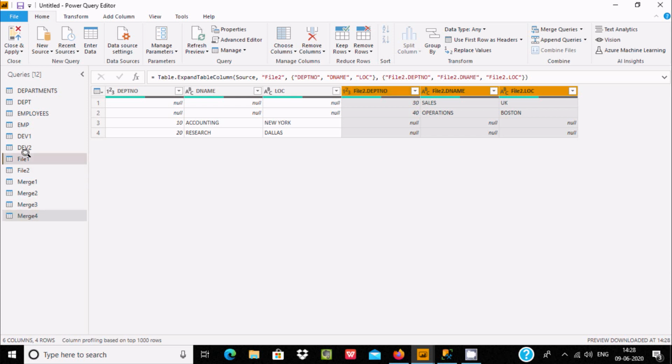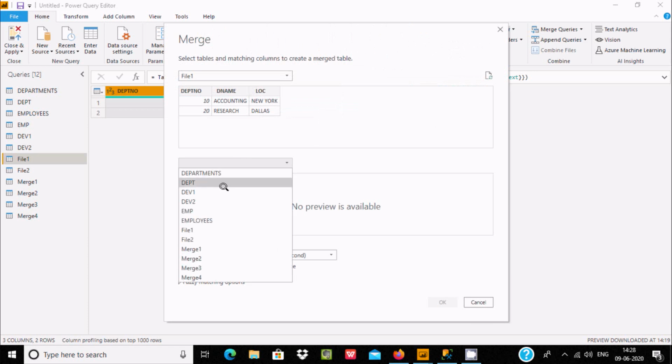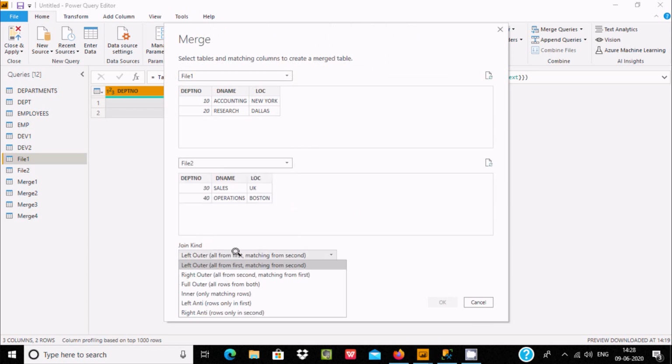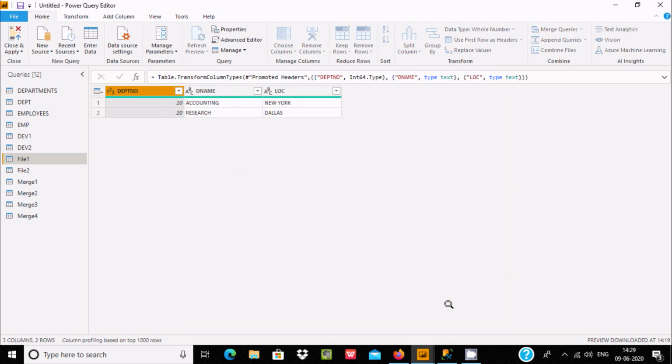Now let's select file 1 once again, as a new, and I'm going to select file 2, and this place is left empty, so the left part is not displayed, only the right part. Select OK.